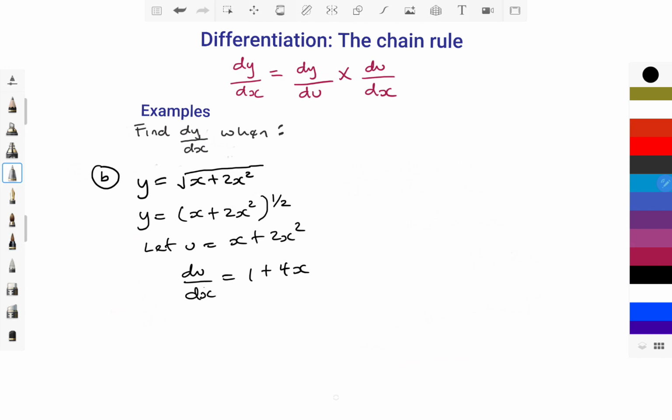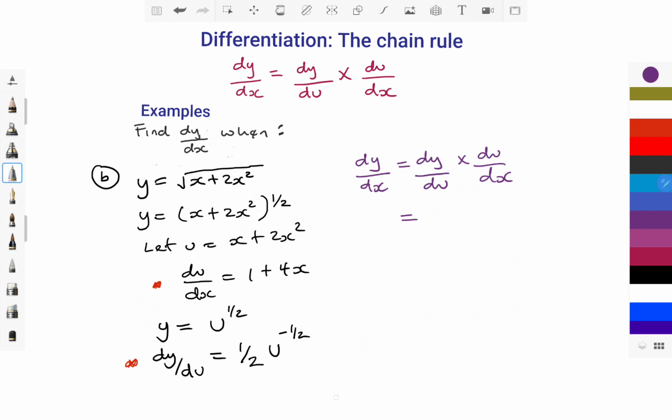Slotting back the value of u into the original equation, I have y equals u to the power of half. And if I differentiate y with respect to u, I'm going to have half u to the power of minus 1/2. If I put all this value for du/dx and dy/du back into my chain rule, I'm going to have dy/dx equal to dy/du, which is my half u to the power of minus half,